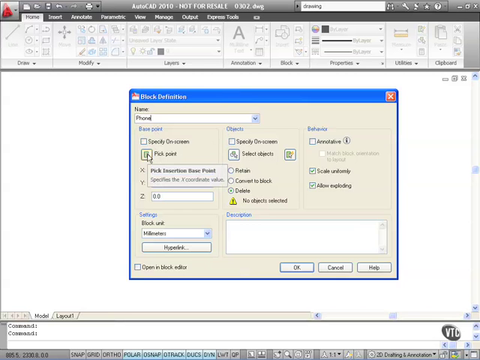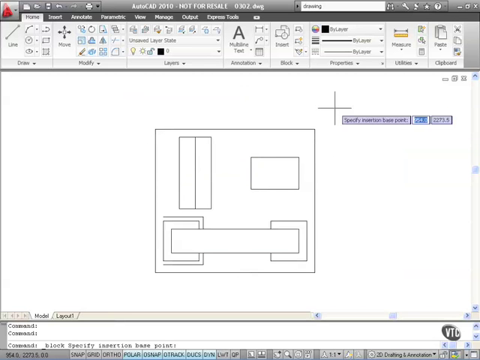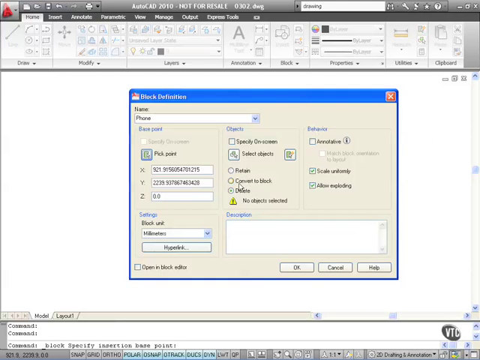I click on pick point, and I'm going to use this top corner here, specify insertion point. I hover over the endpoint snap with the object snap there and left click. As you can see, it now has X and Y coordinates for that base point. Now those X and Y coordinates are not fixed. What we've done there is select the corner of the phone to insert it into the drawing or any other